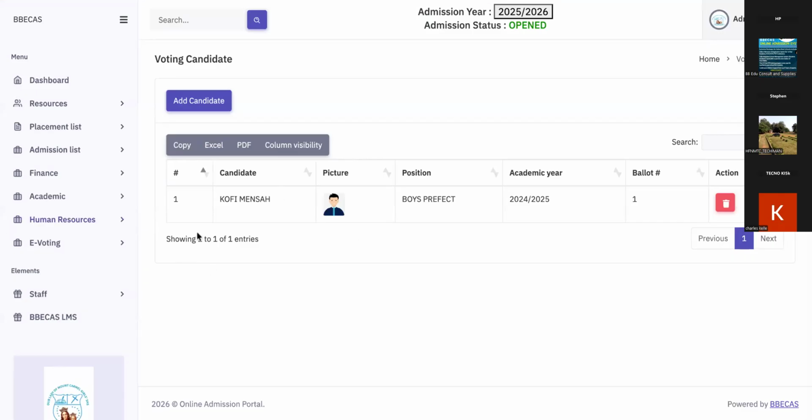When I click on candidate, I see that I've added this particular guy, Kofi Mensah, and it's a boys prefect, and this is the academic year for this particular voting. So yes, you can delete. You can see the position on the ballot. This particular student here is in